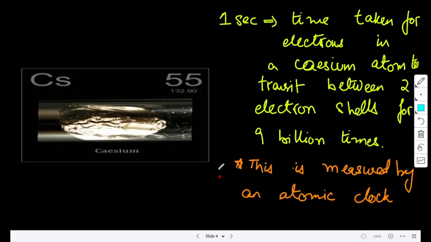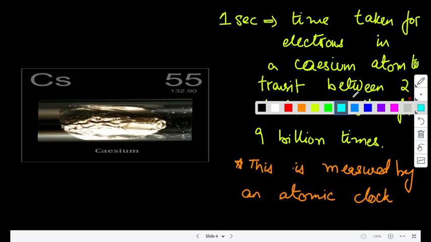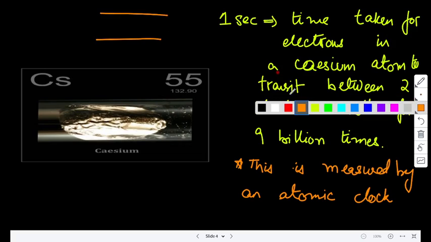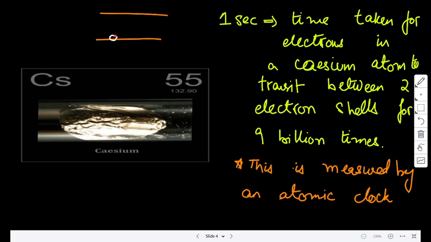Now 1 second. Understanding 1 second is quite tricky. 1 second is basically the time taken for electrons in a cesium atom to transit between two electron shells 9 billion times. See, in a cesium atom, there is more than one electron shell. So what is happening inside the atom is that electrons are jumping from this shell to this shell and then coming back. Now, the time taken for the electron to do this 9 billion times, billion meaning 9 zeros,